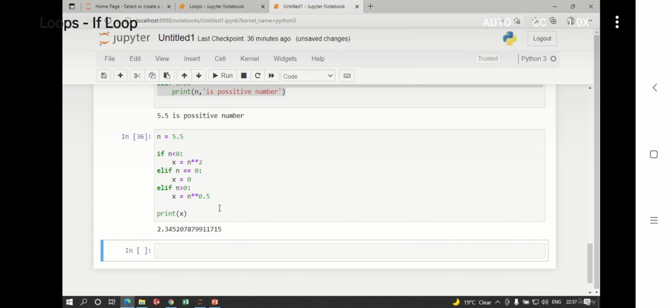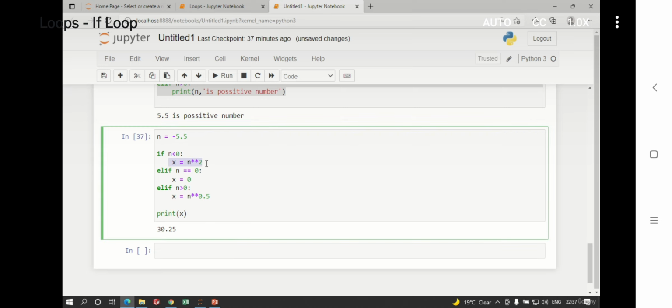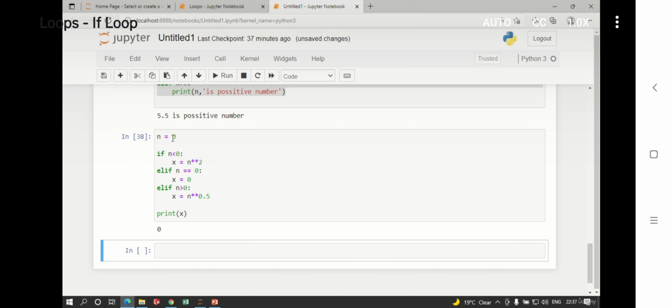You can see n is greater than 0, that means it goes to this condition, and it returns the square root of n. And let's try minus 5.5. Now it will return this condition, that is the square of n, and if it is 0, it will return 0.